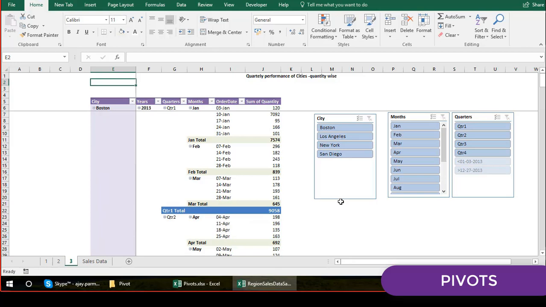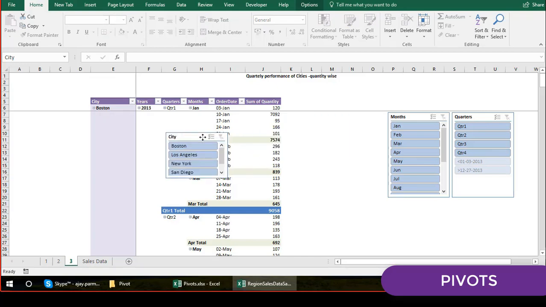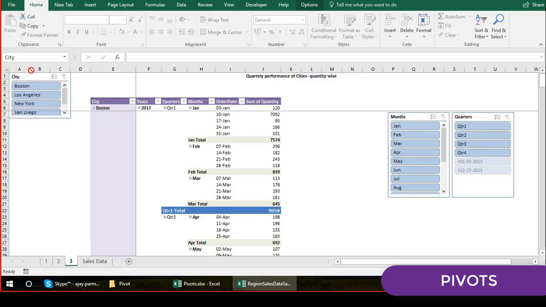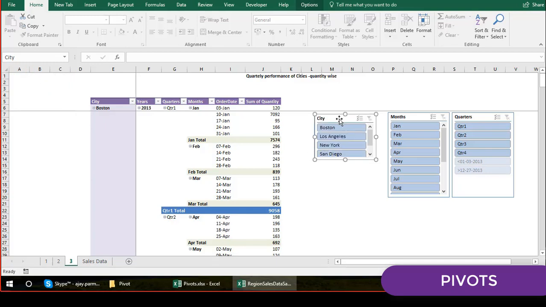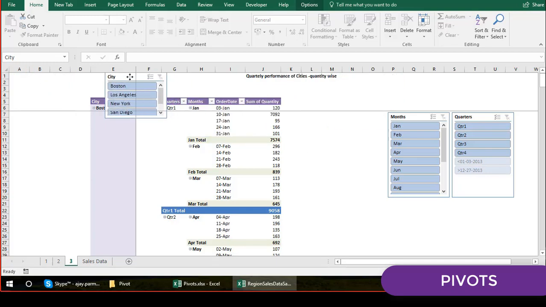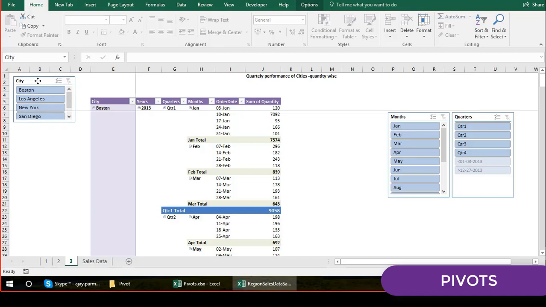So what we can do, we can first of all quickly go here. Select this and reduce the height of this. Let's keep it like this. Okay, and try to place them somewhere where the user can handle them. So I go and maybe I can put them here. I can put them here, and I can go and reduce the width. This is how I can do that. This is how I can put them here.